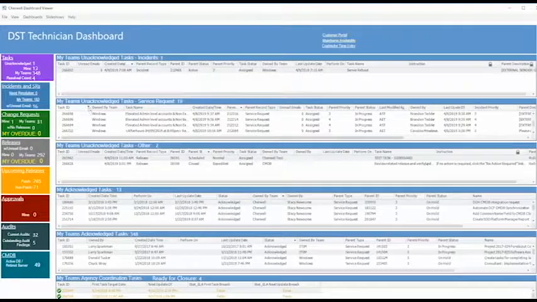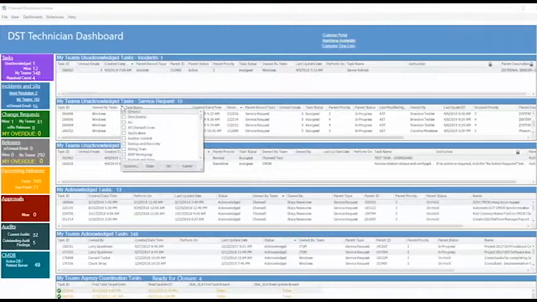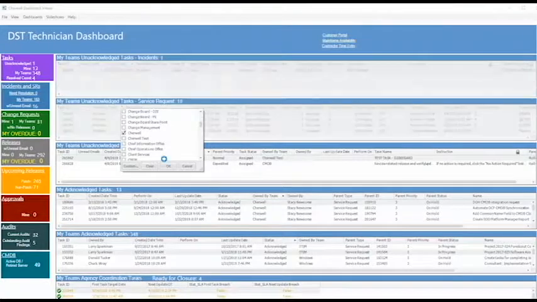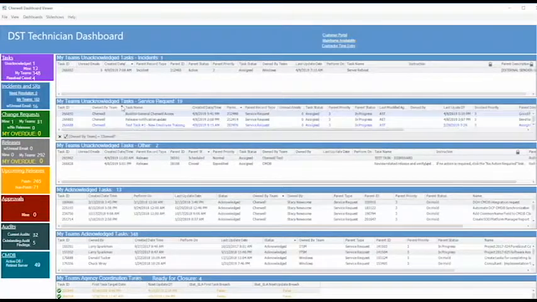I can also filter records that appear on my grid. For example, let's say I only wanted to see unacknowledged tasks that are owned by the Sharewell team. If I hover over the column header, a filter icon appears, and you'll see that on most of the column headers. So to filter, I would click the filter icon, and a window is going to come up and show me the available teams. I want to see only Sharewell, but I could select multiple teams here if I wanted to. I'm going to select Sharewell